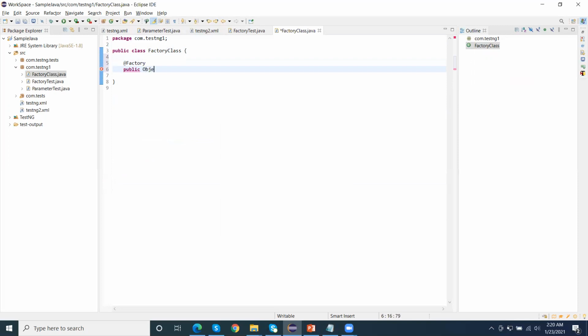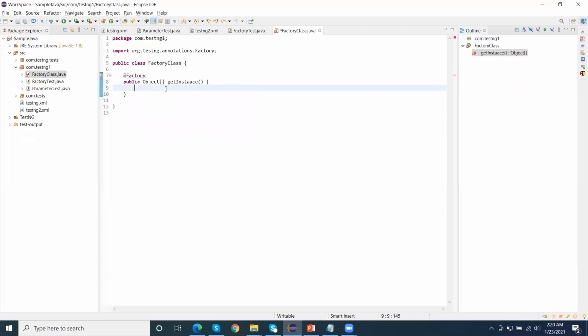That method will return a single dimensional object array. In a data provider, we return a two-dimensional object array, but here it will return a one-dimensional array.